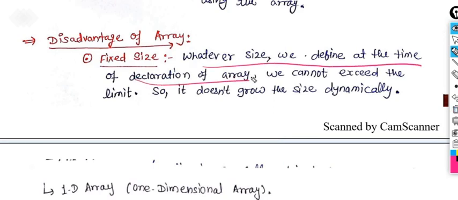So we cannot exceed the limit. If we want more size in between, we cannot update the size of the array dynamically at the time of execution on the basis of need. If you have defined it at the time of declaration, it will remain the same. You cannot update it. That's the major drawback of the array.